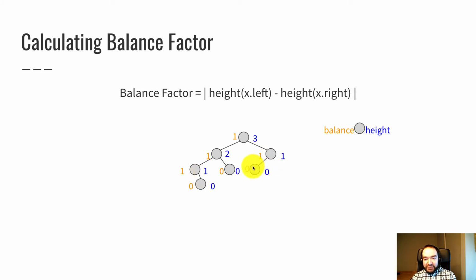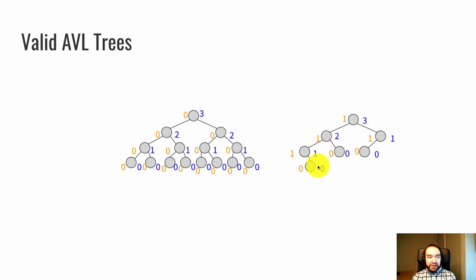Over here we have the same situation. I've got a node on the left and nothing on the right, so balance factor is 1 in orange. This node here, the left child of the root, has a left child of height 1, a right child of height 0, so these two are siblings. Their heights are differing by 1, so that's a balance factor of 1. Finally, at the root, the left child has height 2, the right child has height 1. The difference between those is 1. These are the two sibling nodes, and their heights are differing by 1, which is allowed. Here's a couple pictures of some valid AVL trees.